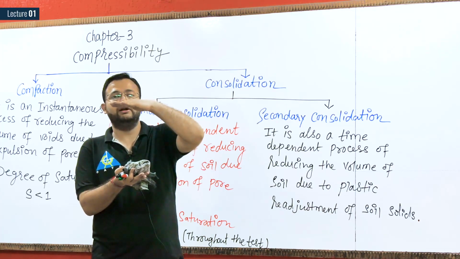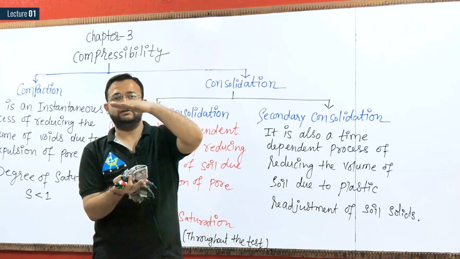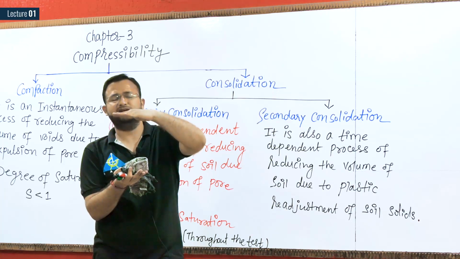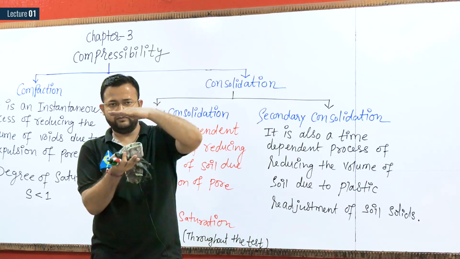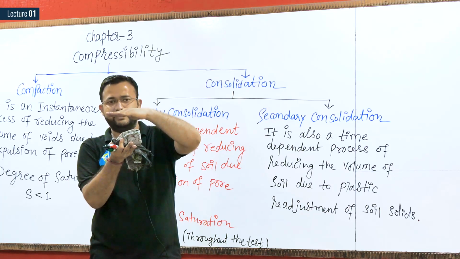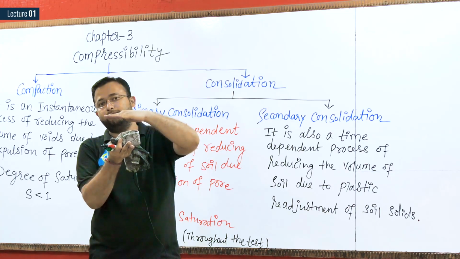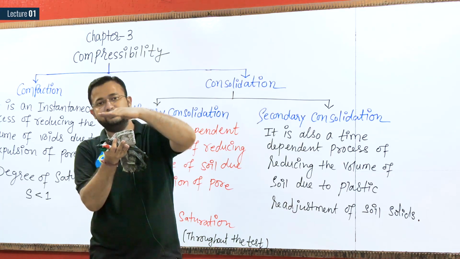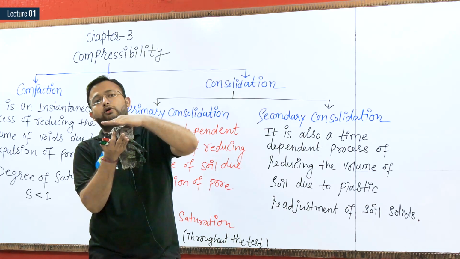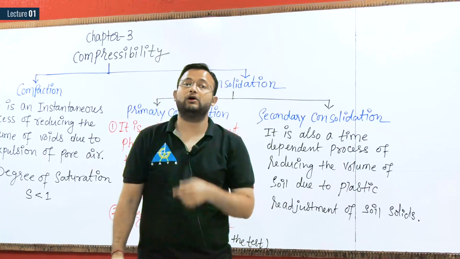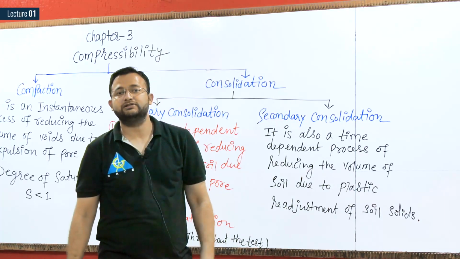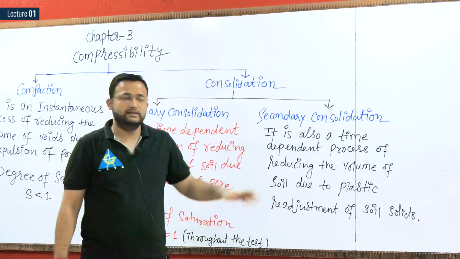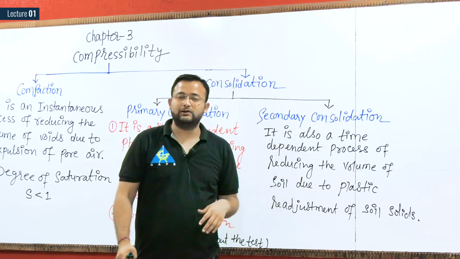Now you have constructed one building above this, okay, and then what will happen, because of self-weight of building, consolidation will occur in next 10 years, 5 years or maybe 100 years. Again some volume of soil is reducing, this much is the final volume of my soil. After the completion of primary consolidation, maybe after 10 years, secondary consolidation will occur, means some more reduction in the volume of soil will occur. The process we called secondary consolidation. Clear?